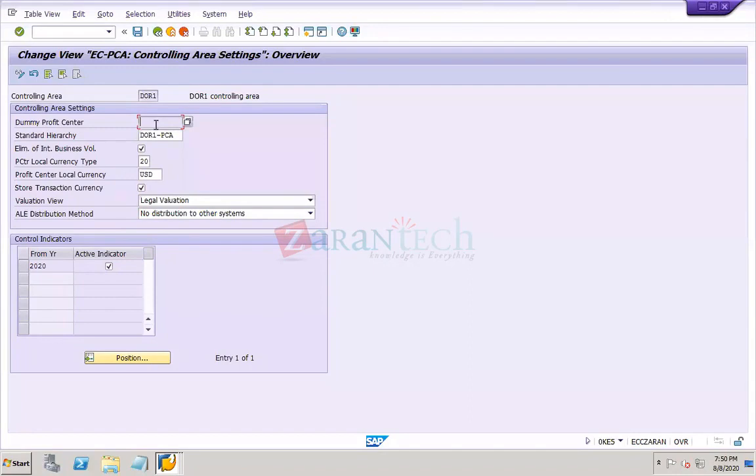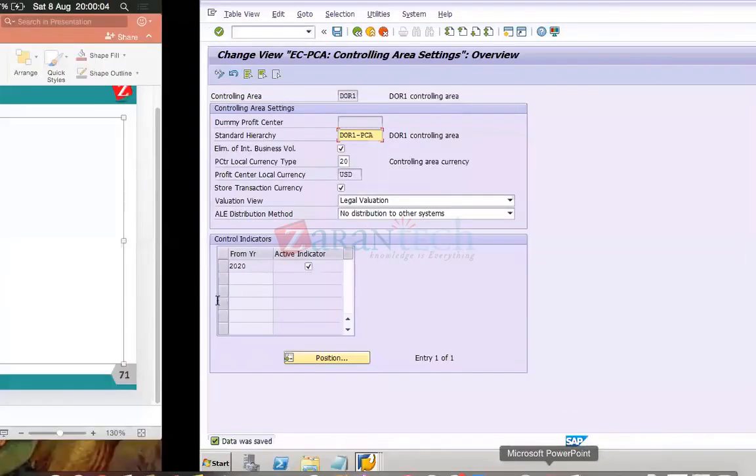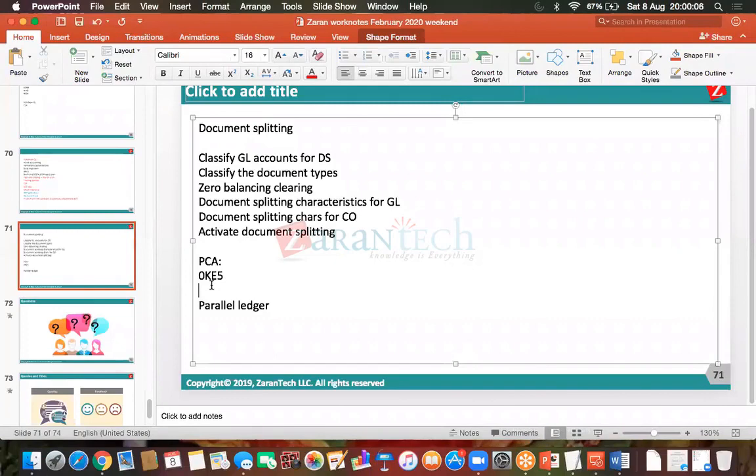It will be coming by itself. Now let us see how it is coming by itself. So we have activated profit center accounting here from 0KE5. Now, how about the dummy profit center? What is this dummy profit center? Dummy profit center you can use, or the system will be using, whenever the actual profit centers are not assigned in